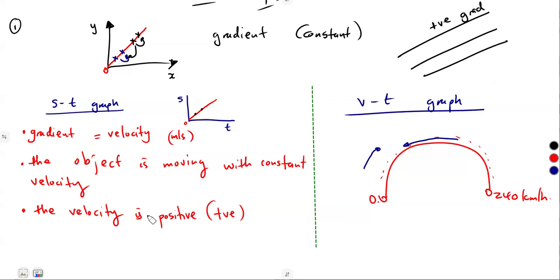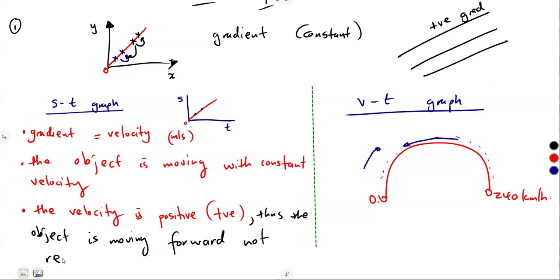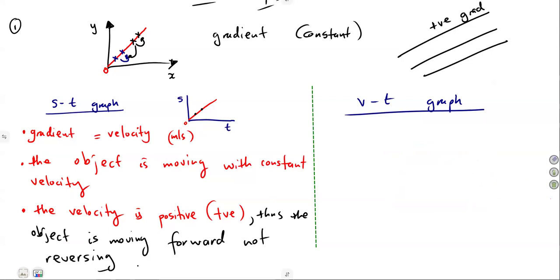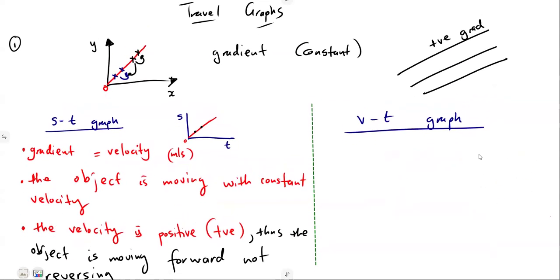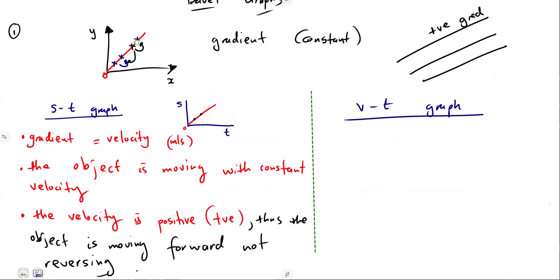So when the velocity is positive, it simply tells us that the object is what? Moving forward. The object is moving forward, not reversing. There is no reversing in this case, all right? Not reversing. All right, so this is the consideration of a displacement time graph from this interpretation of our